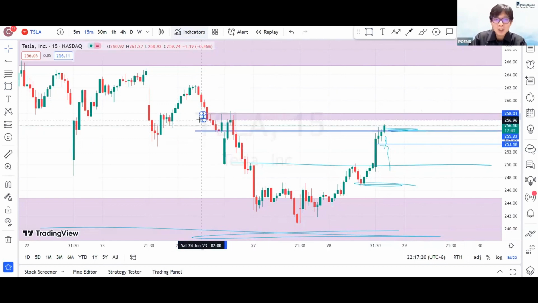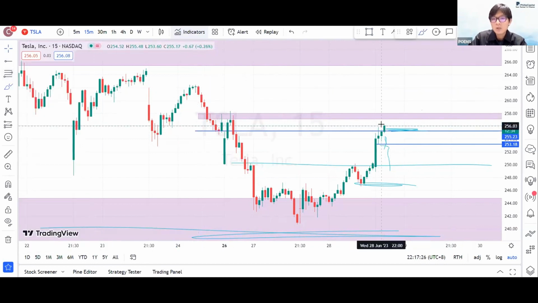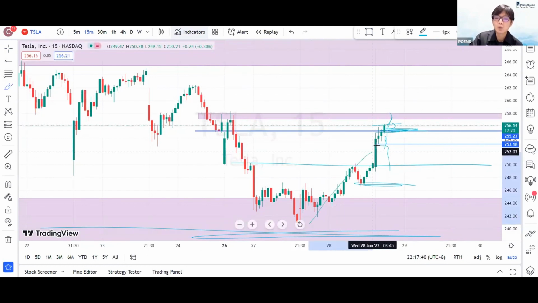Okay, so price is trading into it. To have a higher probability, you know that they are running into this level already. As long as they can continue to stay above 255 in terms of price action, you want to see a wick below and a body above. With a bullish closure, you will probably just see price come back to this 258 quite easily, with this momentum coming from a lower low.